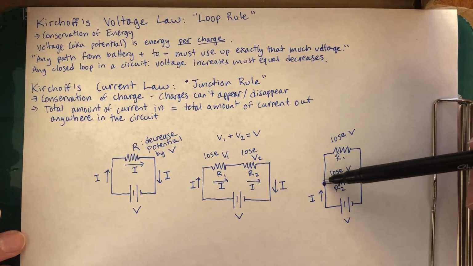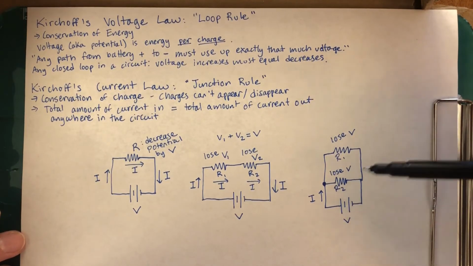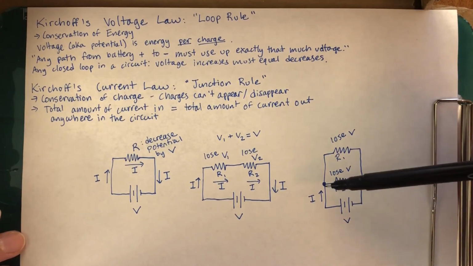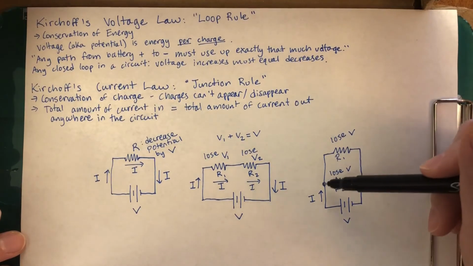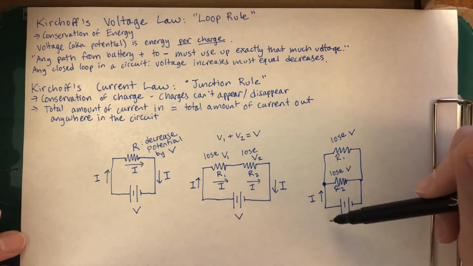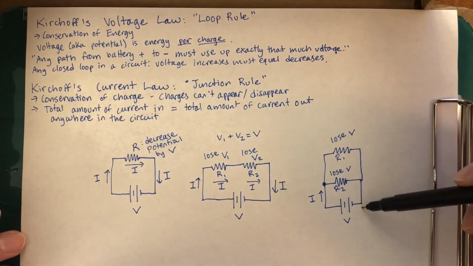And they have two options to do that. They can either go this way, or they can go this way. So some of the charges are going to go through R1, and some of the charges are going to go through R2,